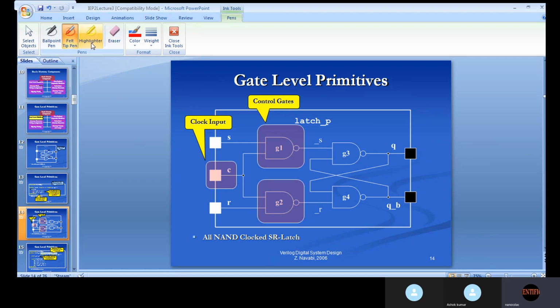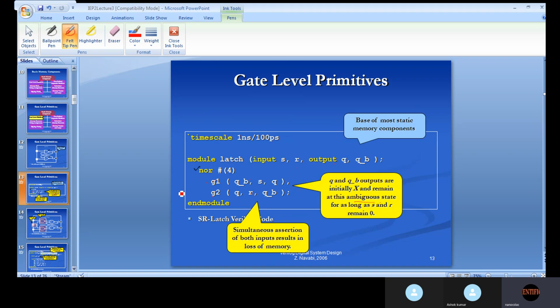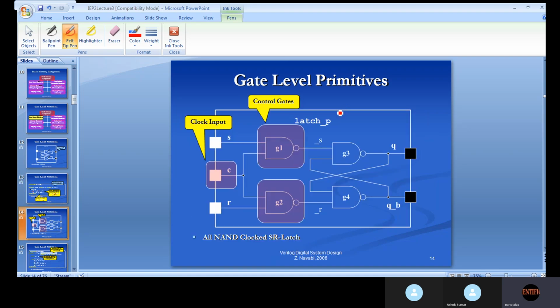Okay, so next one, gate level primitives. In gate level primitives, this is also one gate level primitive. This is one more circuit, which is a NAND clocked SR latch. For this also, you are instantiating 4 NAND gates, and you are giving 3 inputs which are S, C and R. So this is one more input you are giving, the clock input, and these are the control gates, and this is